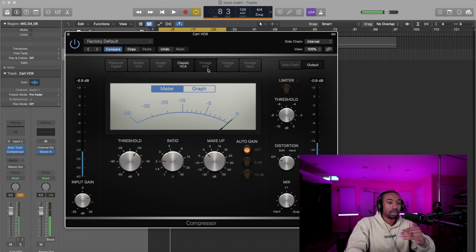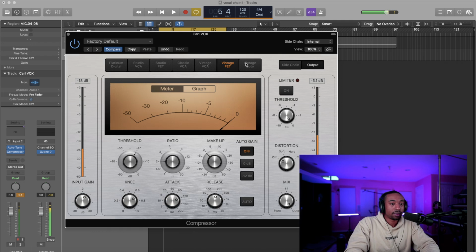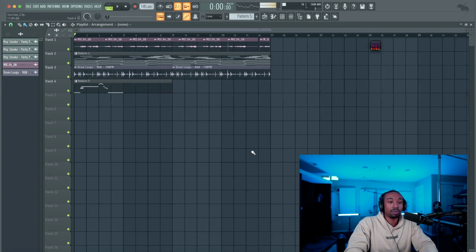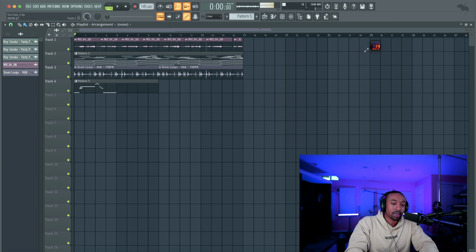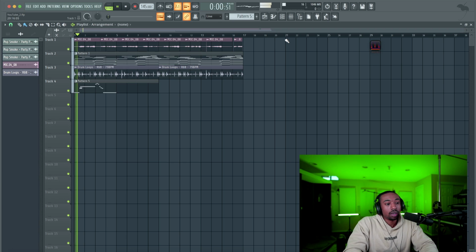Okay, so it sounds more linear from start to finish. This looks like an SSL front. So you're not really hearing much difference. I'm not going to sit here and bore you with every single setting, but I wanted to show you in Logic first, because once you understand that, you can move to any other DAW and use the same exact parameters. It's just that the compressors are either better or worse.